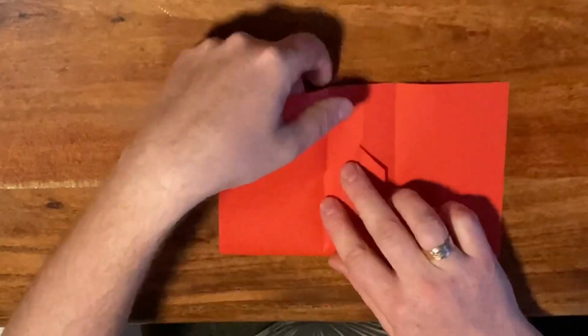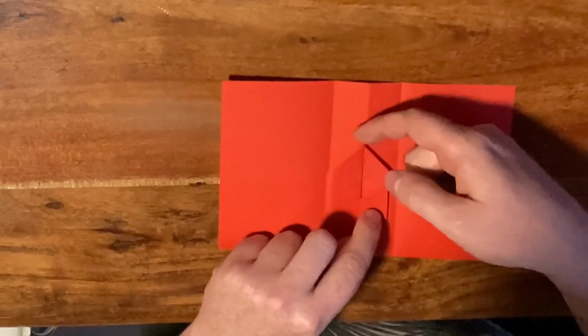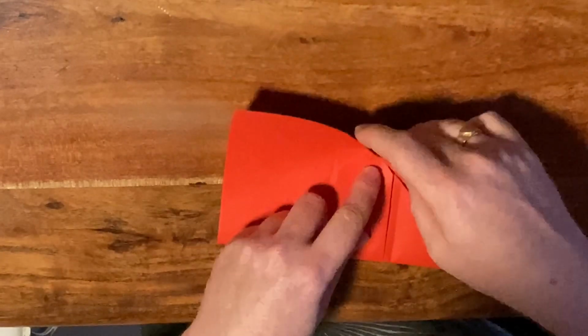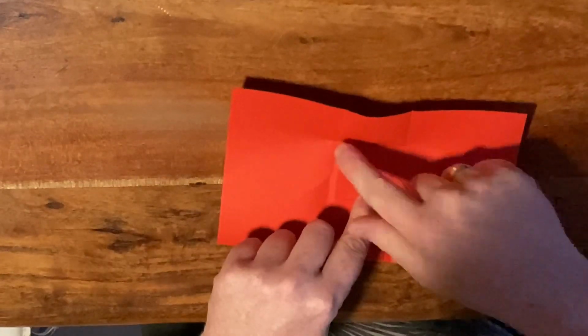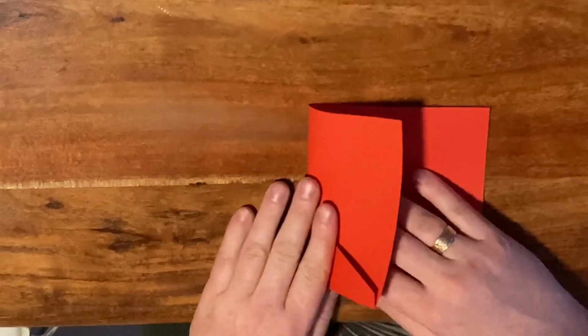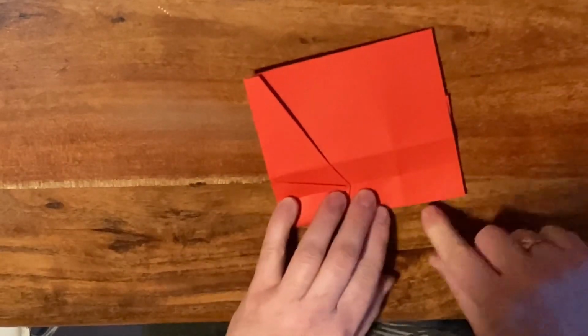Flip over the plane. Let's just make a little reference pinch mark. So your reference is like where these tips hit the center crease. You're just gonna fold over and leave a little pinch mark here and here. Alright, so now let's close this up again on one side. What you now want to do is you want to fold